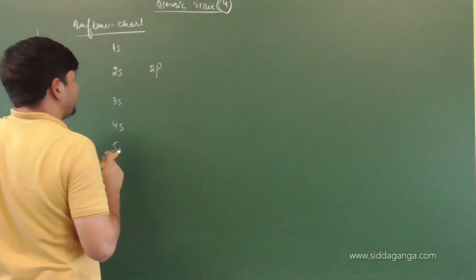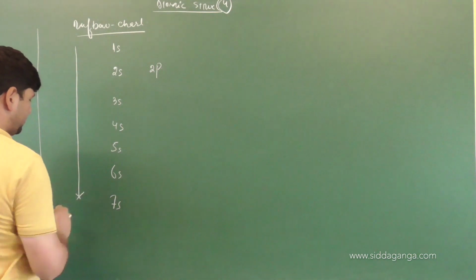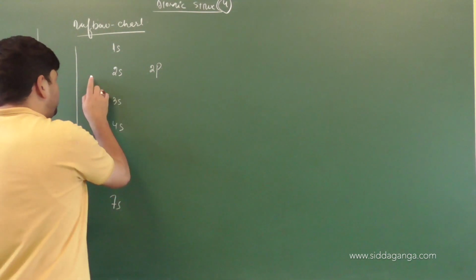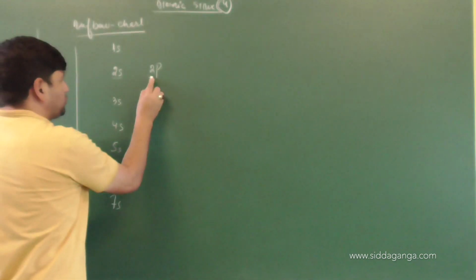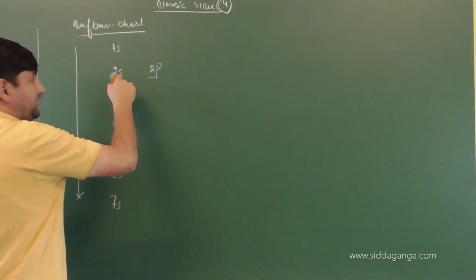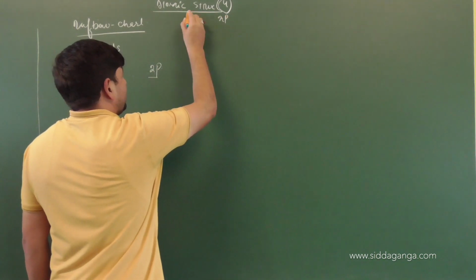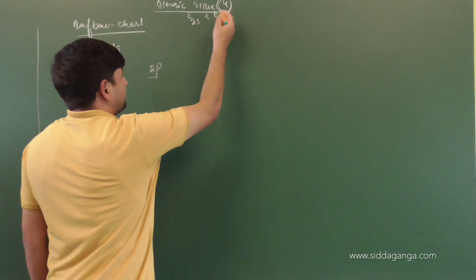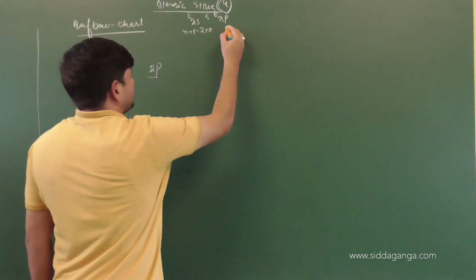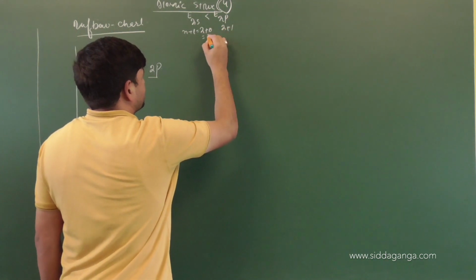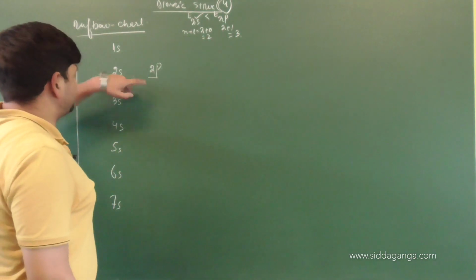Now here one thing should be written carefully. This is a graph which determines energy. If you are moving from top to bottom, it's a representation of energy. Now if you are writing 2s and 2p in the same region on the graph, then the energy of 2s and 2p should be the same. But we know, according to the n plus l rule, 2s and 2p energies vary. The energy of 2s is less than the energy of 2p. According to n plus l, for 2s, what's the n value? 2 plus 0. For 2p, n plus l will be 2 plus 1. So for this it is 2, and for this it is 3. Naturally the energy of 2s is less than 2p. So we cannot write it in this fashion actually.